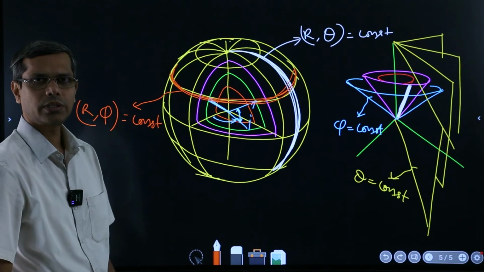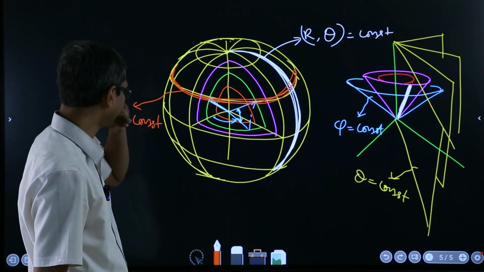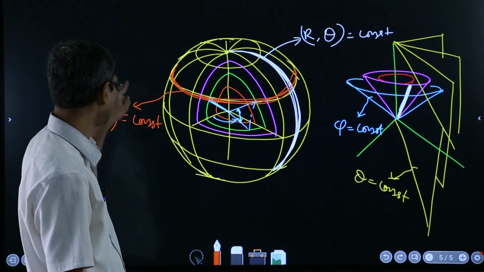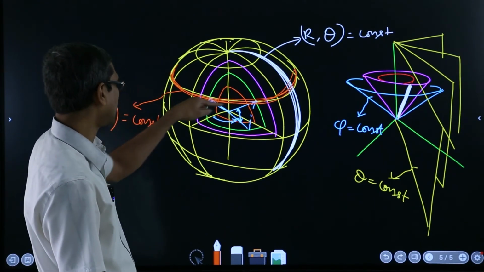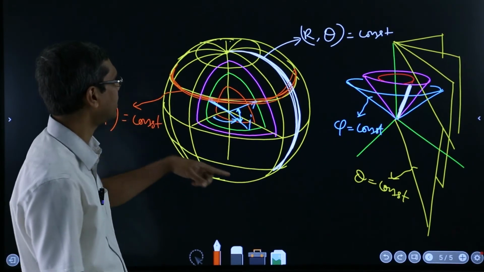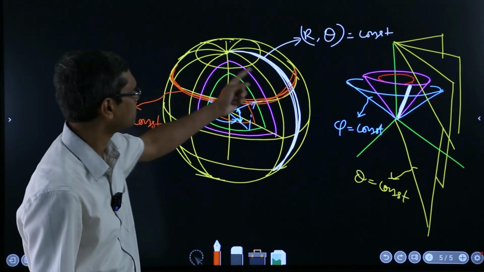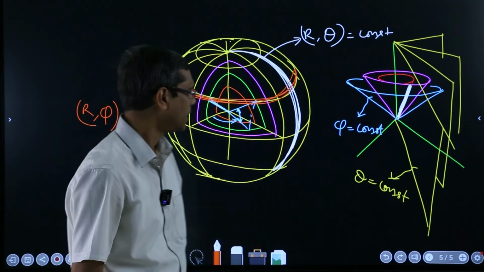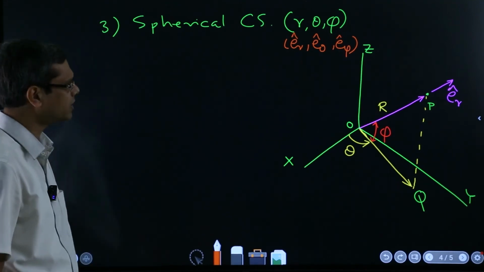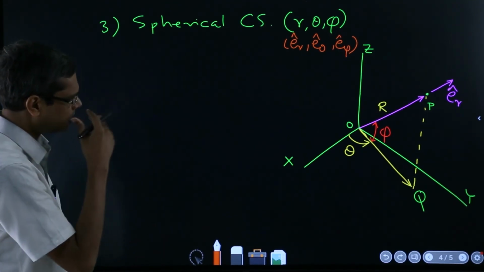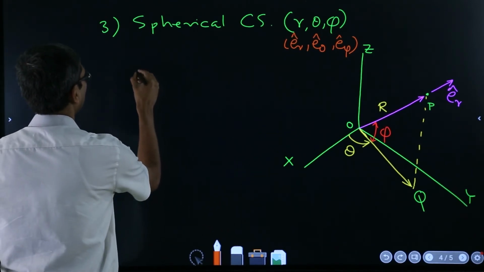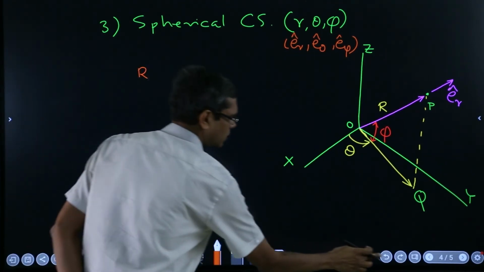So like that you should think about the level surfaces on which two of them are constant, so that you can see that on that line only the other thing will vary: theta will vary in this case, phi will vary in this case, and on this r will vary. So this is how you should visualize the coordinate systems, and once we do that, here you can represent the r vector,